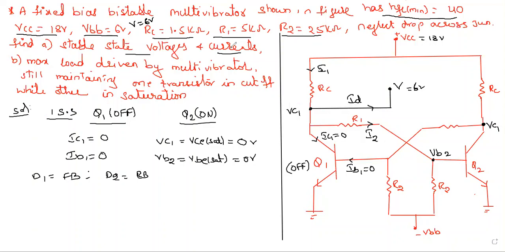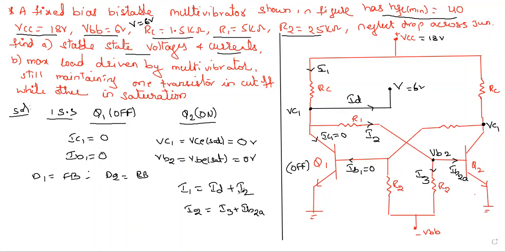Let us assume it is a diode current ID, and some current may enter into it, let's say I2. Let's say the current entering this is I2. So here what I can say is I1 is divided as ID plus I2, right? Now this I2 will be divided between these two branches, as here it is IB2 actual, and here let's say the current over here is I3. So this I2 will be divided as I3 plus IB2 actual.